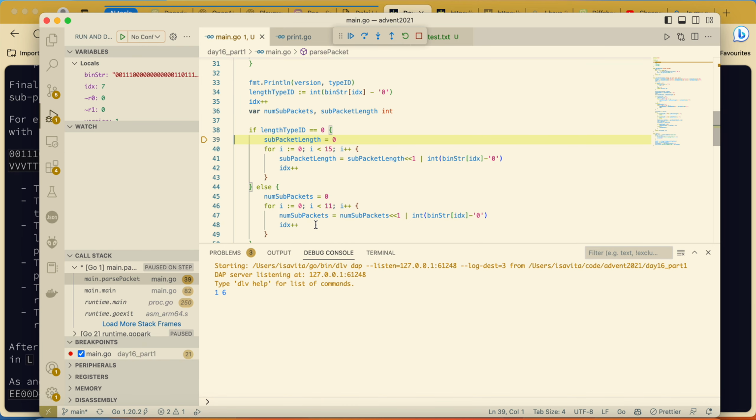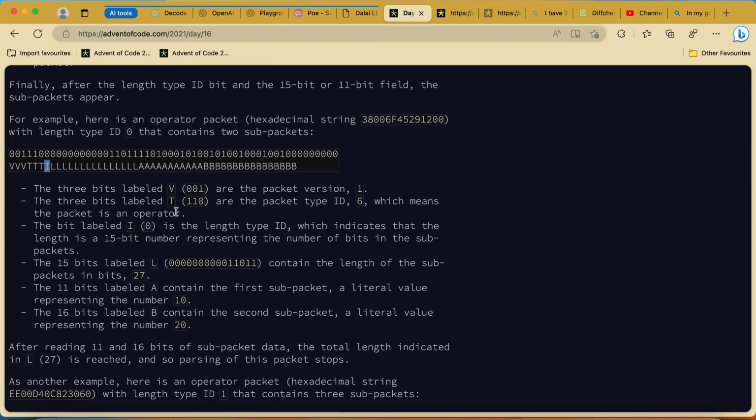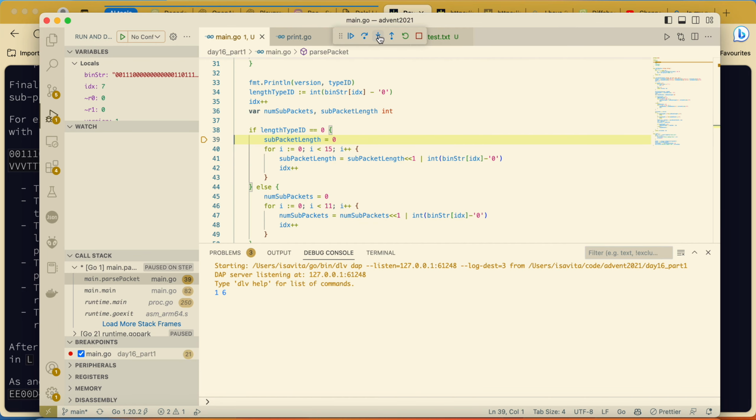Okay, here we start with 0, but we actually go to this one and evaluate the length bit by bit. Here we need to get 27, and we're doing it by going through the iteration.